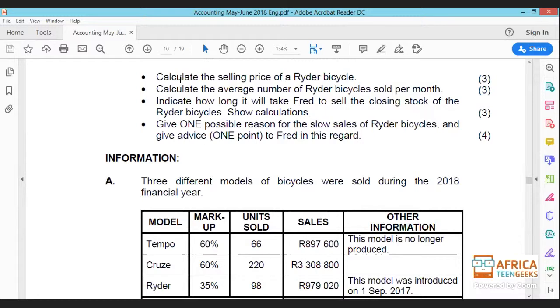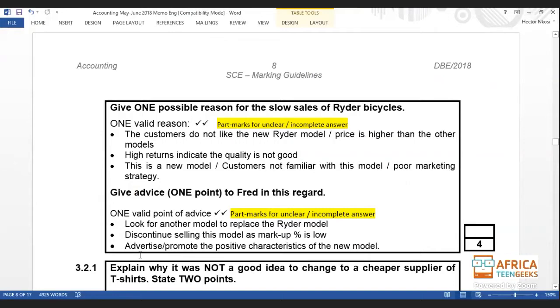So basically, that's what you can look at, or that's what you can advise Fred on. Also, Fred must advertise or promote the positive characteristics of the new model. Remember, boys and girls, when the new product is entering